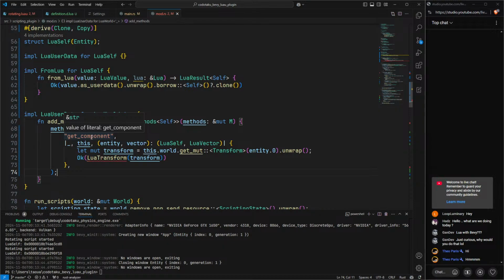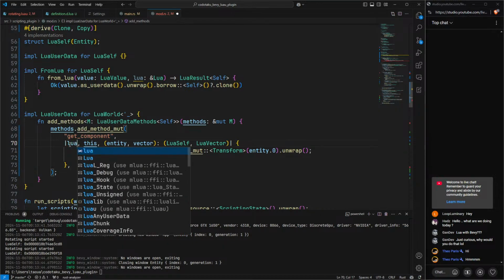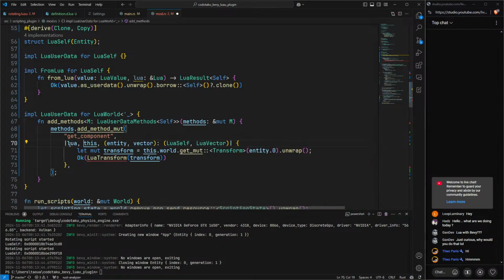Well, we could just make it generic over Lua value, I think. Yeah, we could do that. Well, let's just see what's gonna happen there. I think I'm gonna need access to the Lua state here, right? And so this basically would need to return like a generic Lua user data because we don't know exactly what's